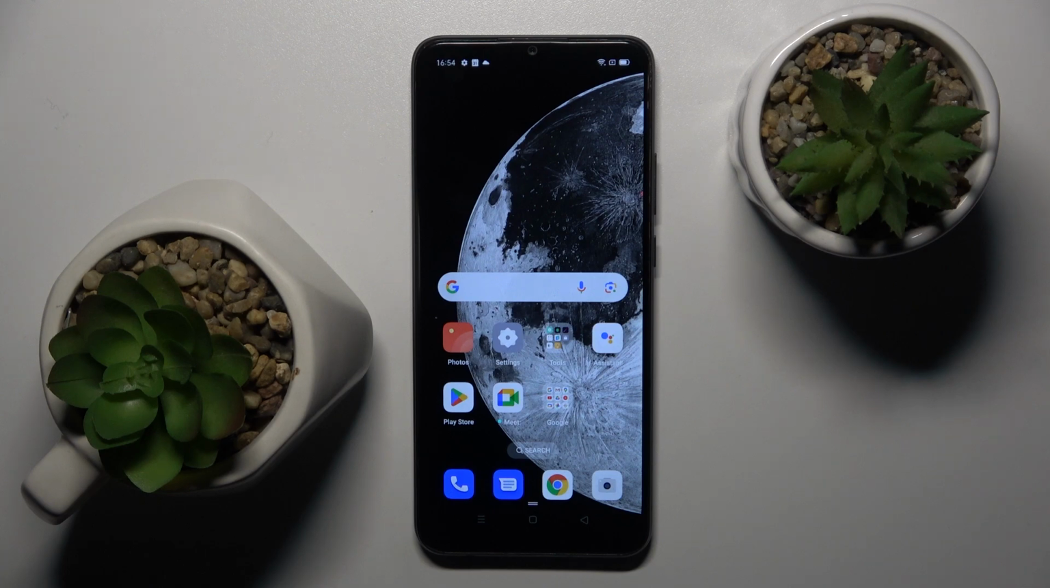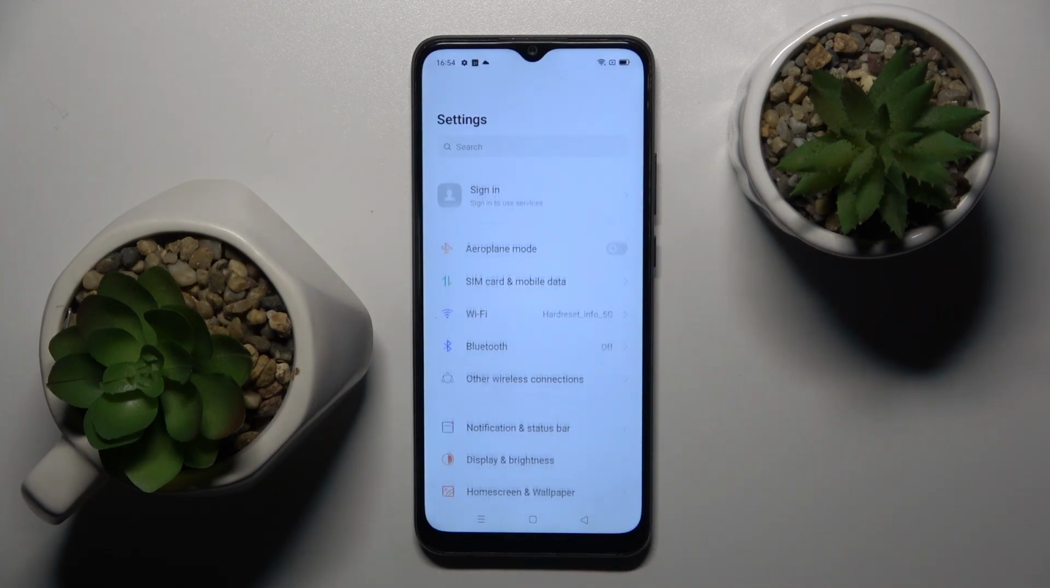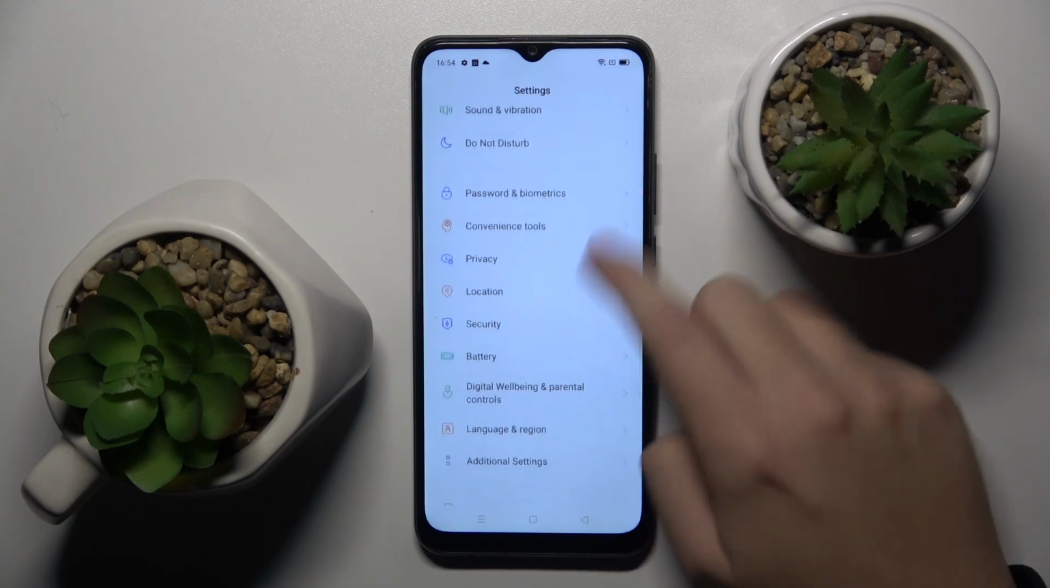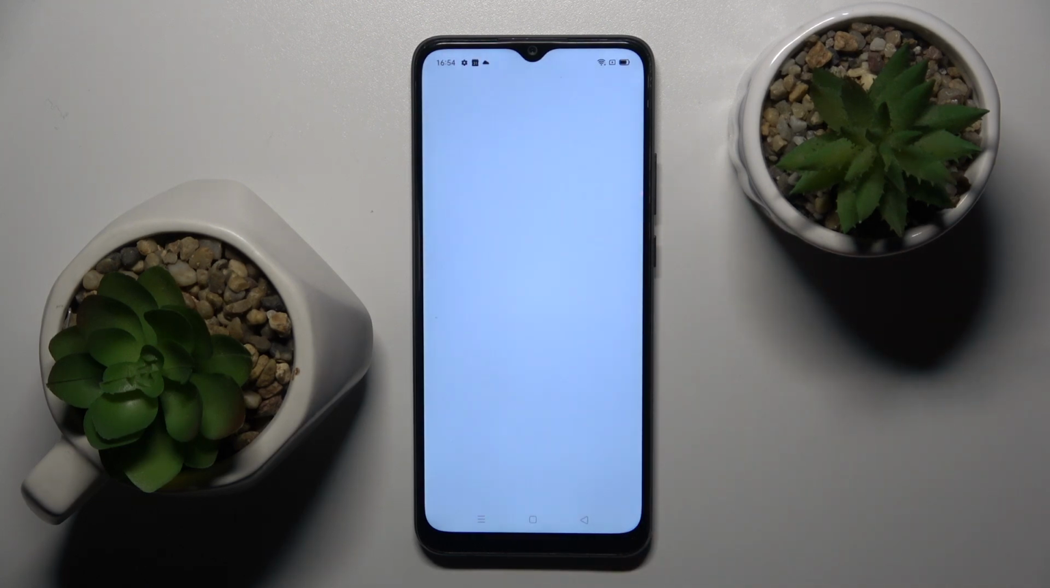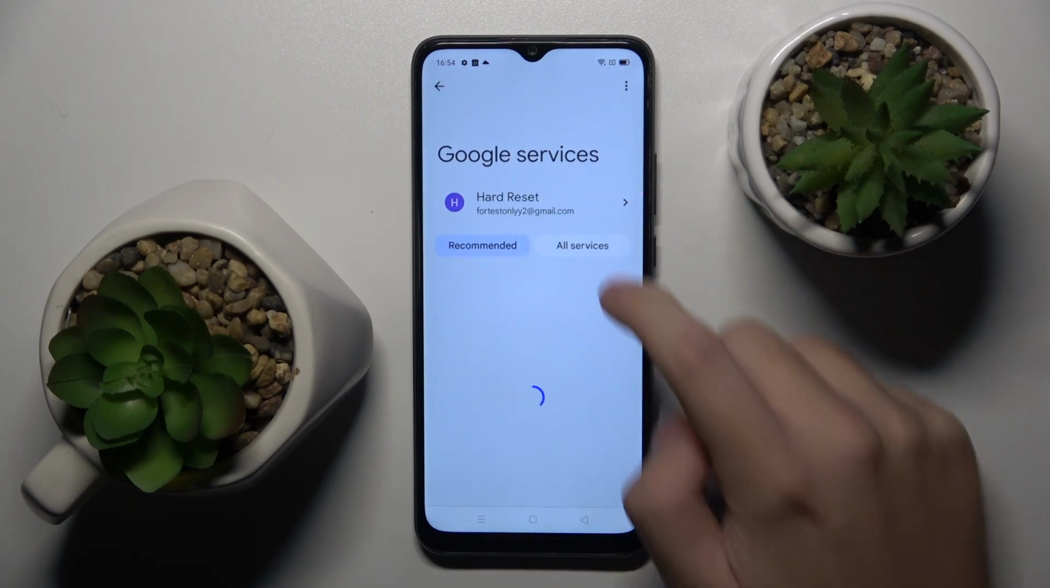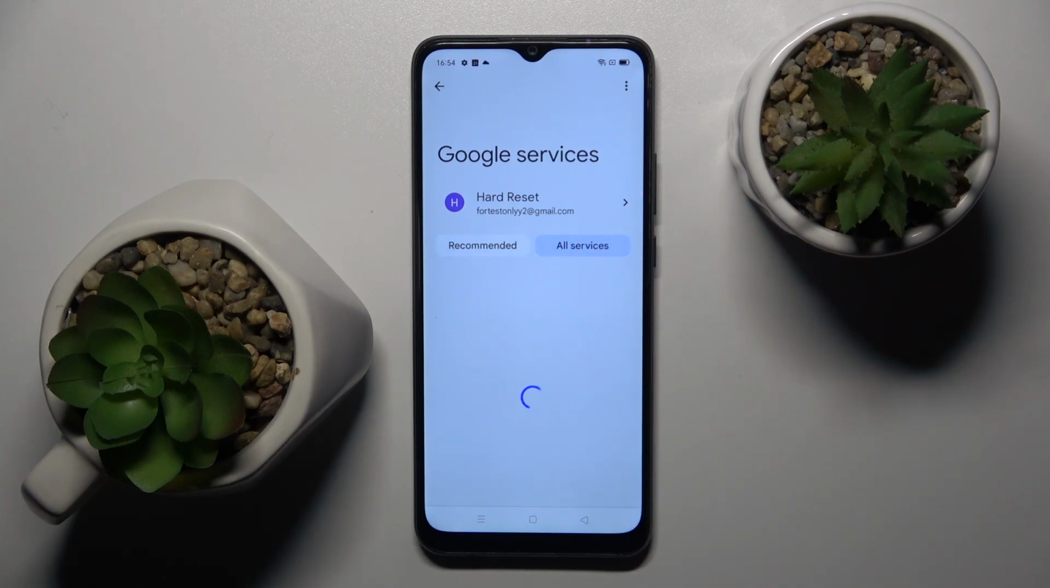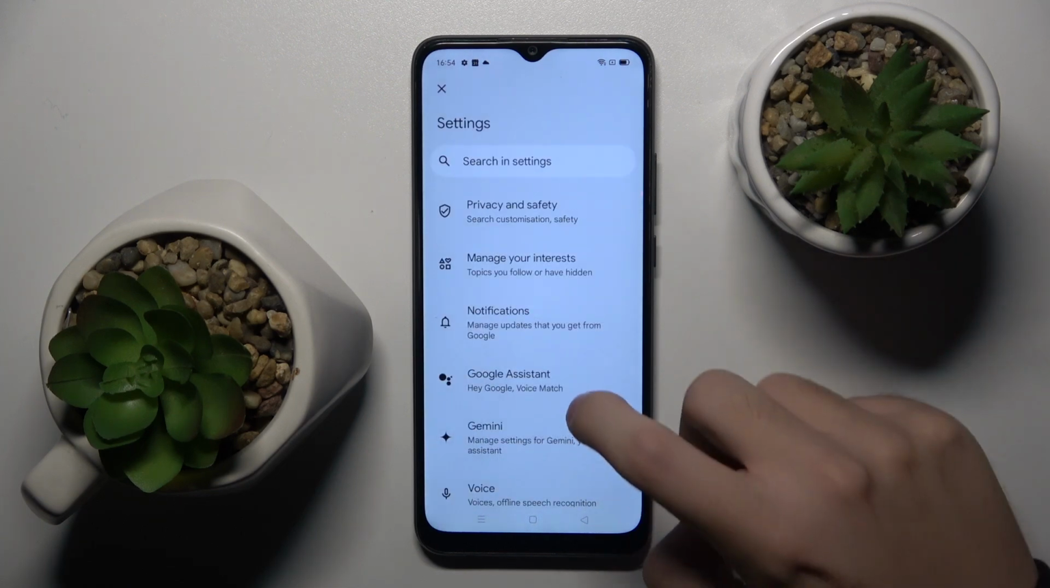Alright, so firstly, to enable Google Assistant we have to open our settings. Next we have to scroll down and find Google option. Now we have to click on all services, search Assistant and voice, Google Assistant,